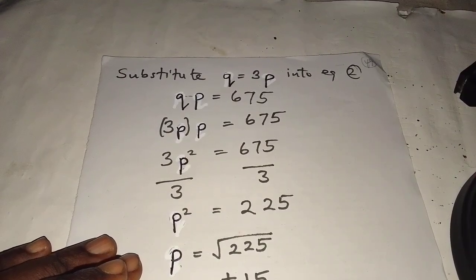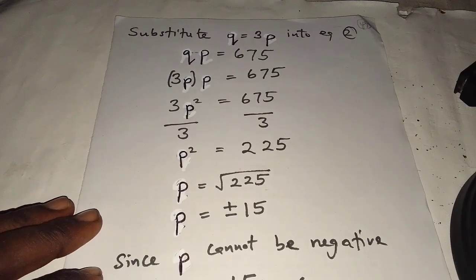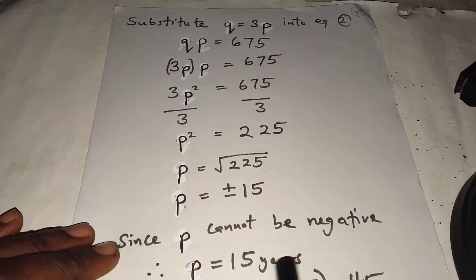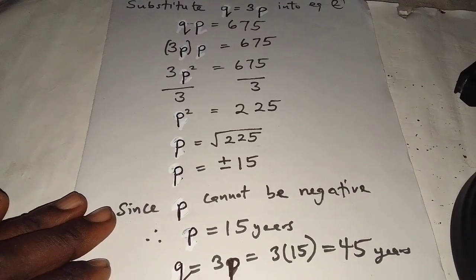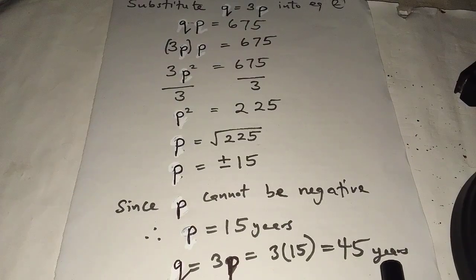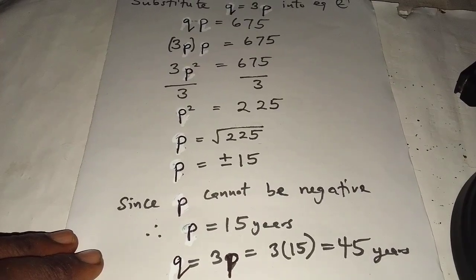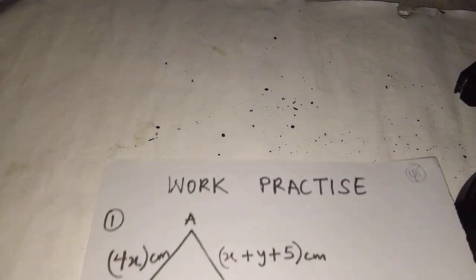Now, since we are talking about the age of a person, the age of a person cannot be negative. So because of that, the value for P is 15. So your Q will be what? 3 times P. So that is 3 times 15, which is 45 years. So the age of the mother is 45 years, while that of the son is what? 15 years. So for the work practice,